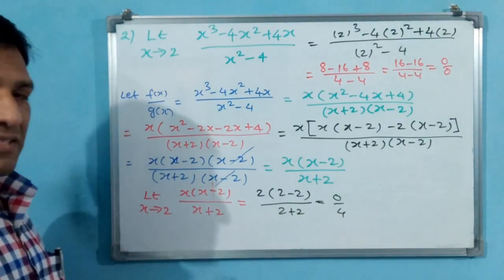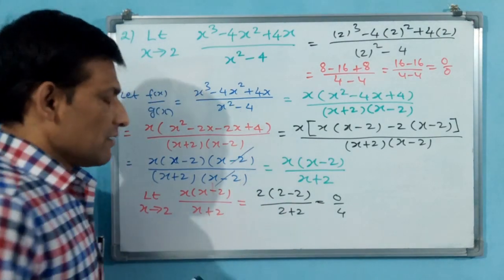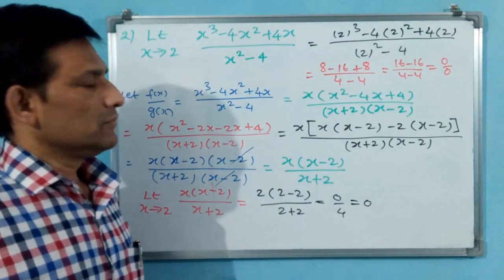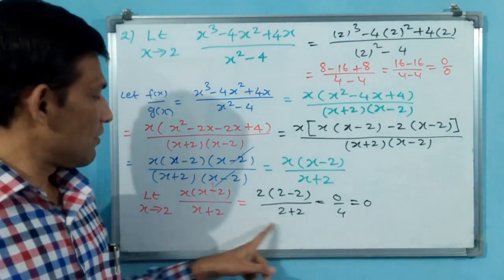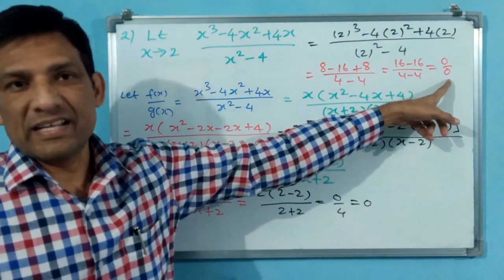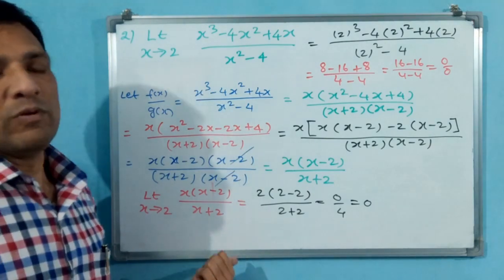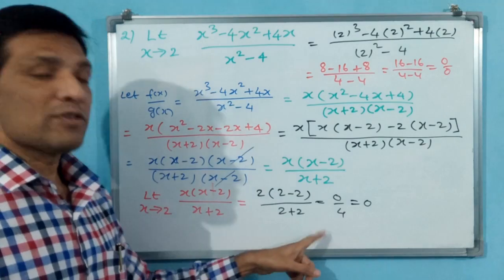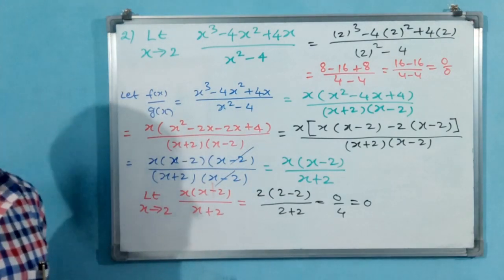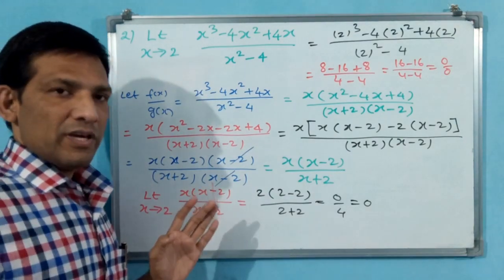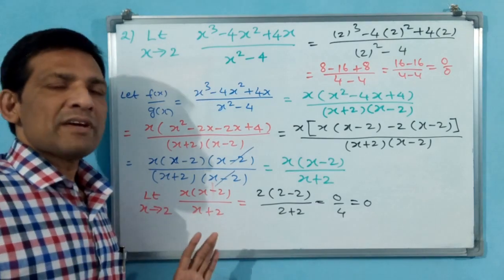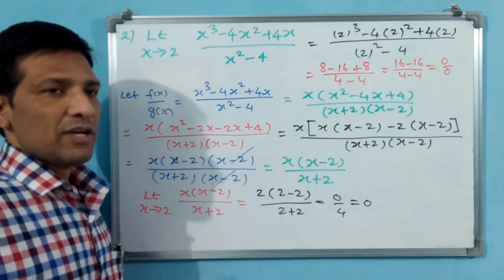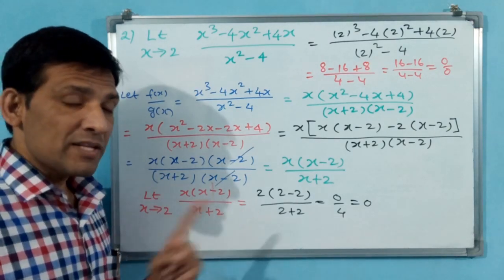But now you can ask, what is the use? Definitely, because 0 has not come in the denominator. Earlier 0 was there in the denominator, and that 0 we have removed. So this has become case 1. In case 1, the denominator is never 0, and the numerator may be 0 or may not be 0. In case 2, the denominator is 0, but the numerator is not 0.